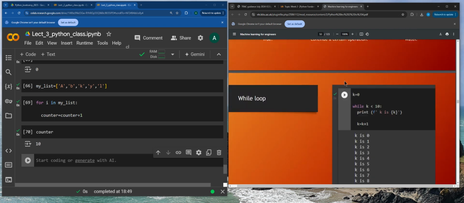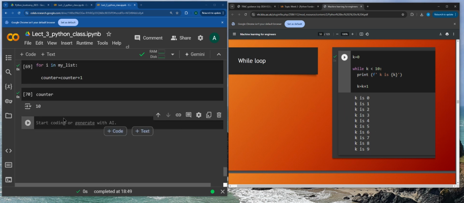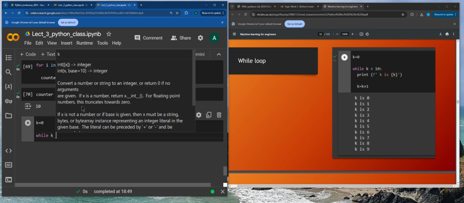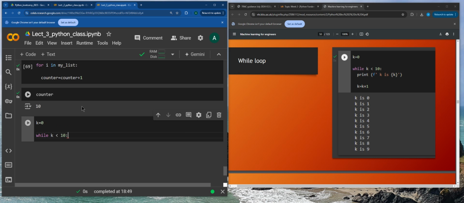All right, the while loop. This is again another important tool that we use. So this time, remember last time I used counter and set it at 0. Shall we just go short and call it k? So I'm initializing something called k to 0. But this time I'm not using a for loop, I'm using the while loop. While k is smaller than 10, okay,